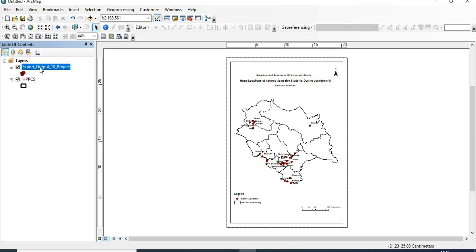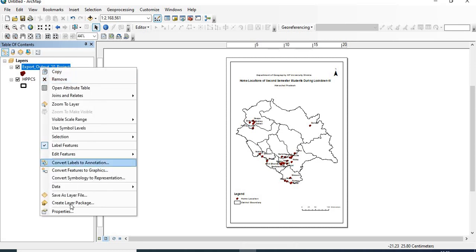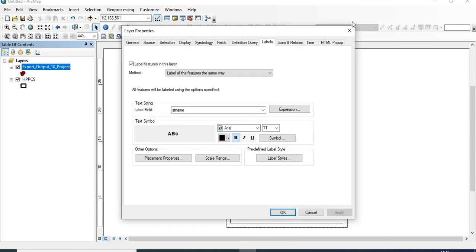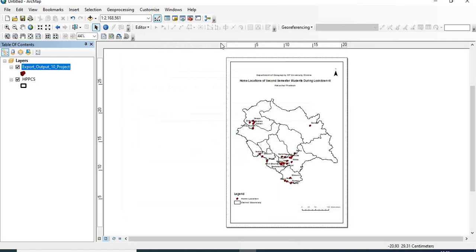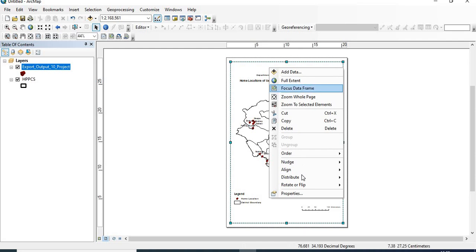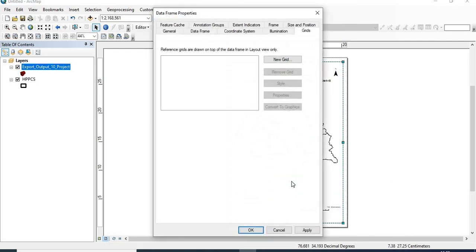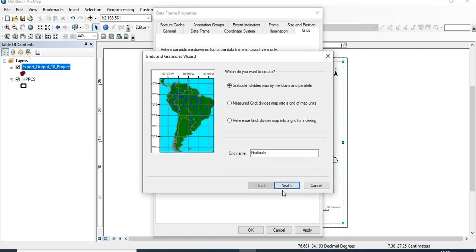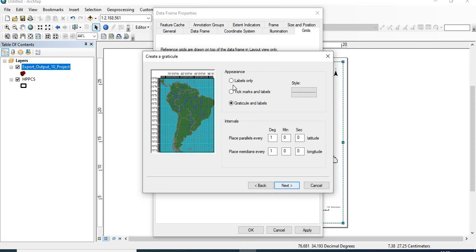Now what you have to do is right click on this frame and click on properties, because we have to add the grid also. Double click, next, and click on this labels.